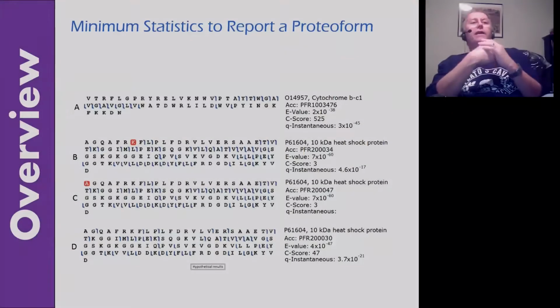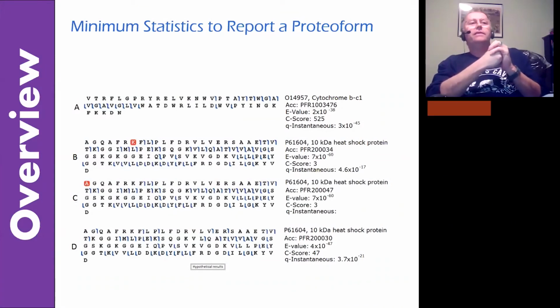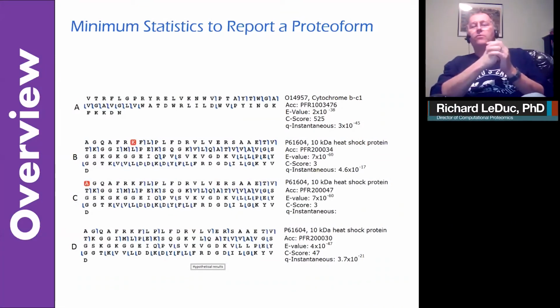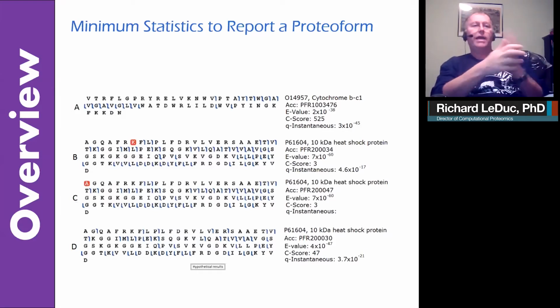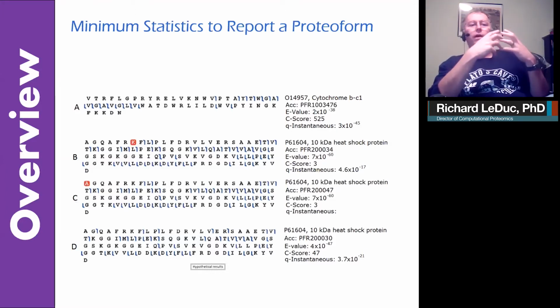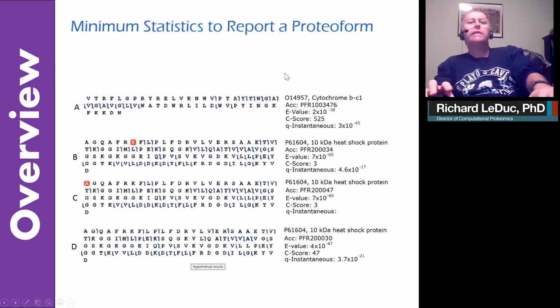The way we like to present this is the minimum statistics to report a proteoform. Neil really likes this approach, and I agree with him. I think it's a good one. Anytime you're presenting an experimentally discovered proteoform coming from this group, we want to see 5 different metrics right off the bat. And so the first is